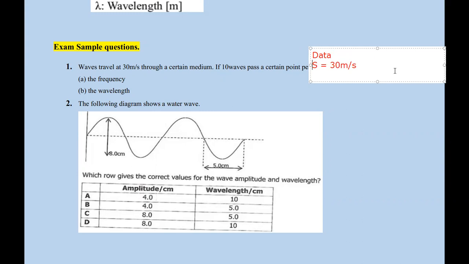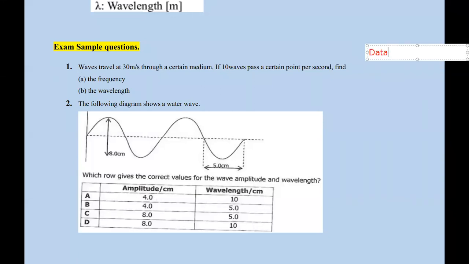So the data, we have number 1, we are given the speed. Let me change the position here. Seems we're going to get interrupted. So the data here is 1, we have the speed. The speed is 30 meters per second. Then the other thing here, they're saying the wave travels at that speed. It moves through a certain medium. Now they're saying if 10 waves pass through a point per second,